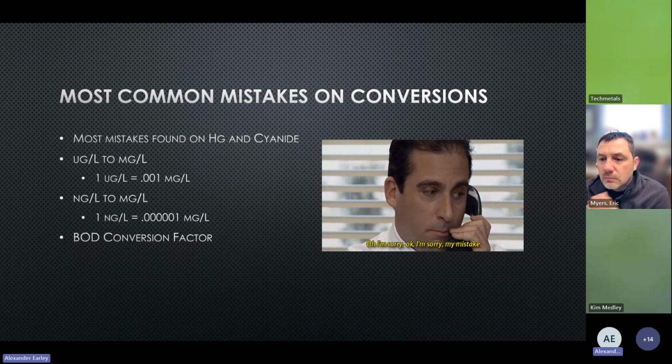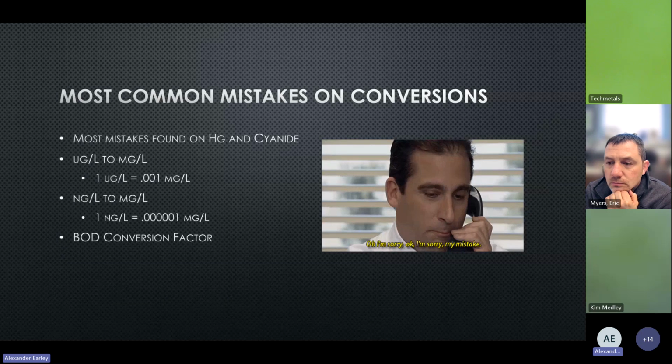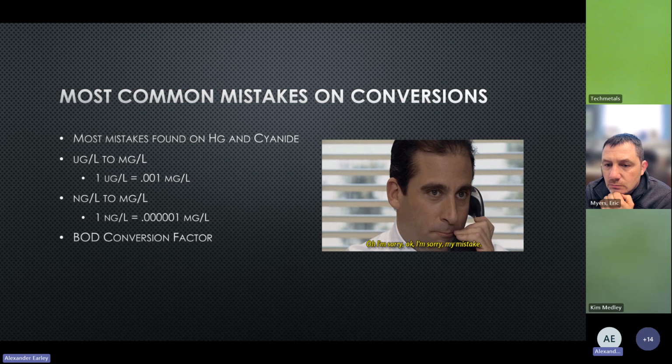So one microgram per liter equals 0.001 milligrams per liter. One nanogram per liter equals 0.000001 milligrams per liter. Now, the nanograms you'll find more or less on mercury alone. Cyanide really doesn't go down that low. The micrograms per liter, you will find more on the cyanide. So make sure you're going through the column, make sure you notice the unit of measure so that you can do the proper conversion factor and report it properly on your PRCC for your MDL and the actual